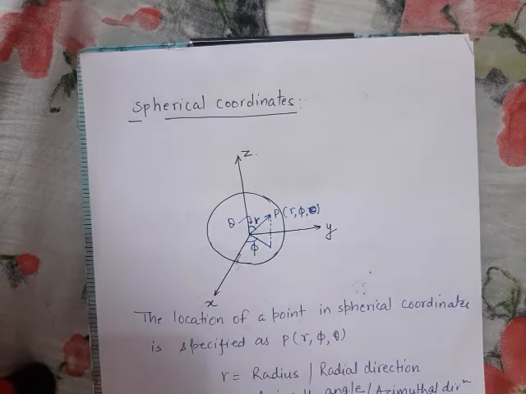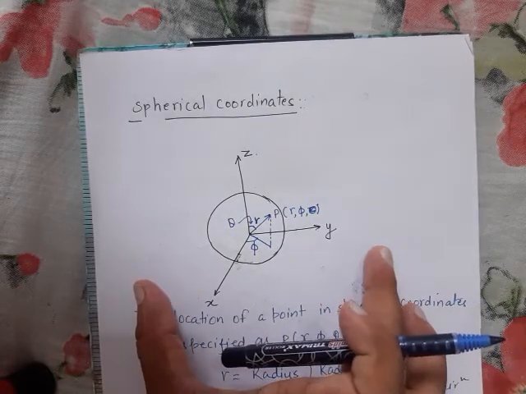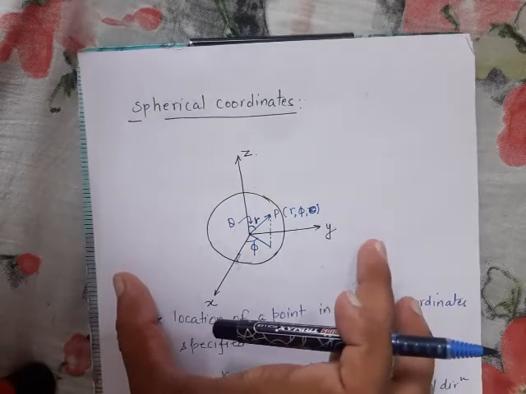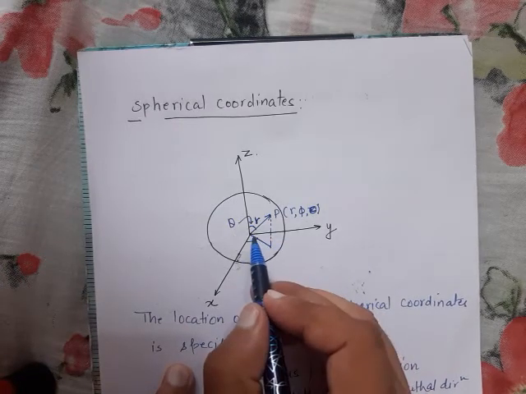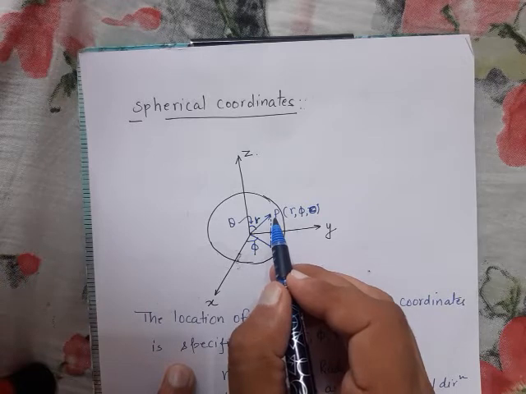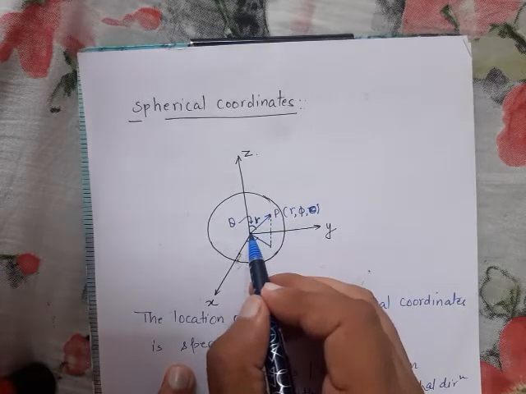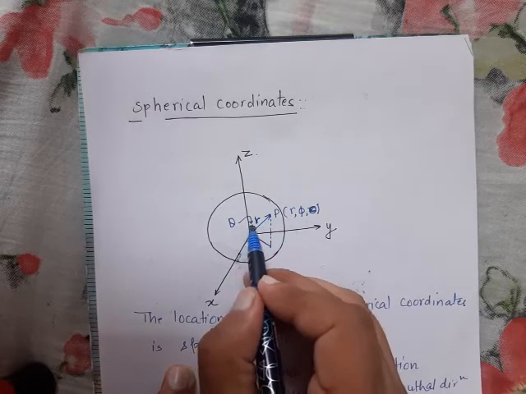Please note, if this fundamental is clear to you, many of the problems related to spherical coordinates will be solved. So first of all, understand the spherical coordinate system. Again I am repeating, in a spherical coordinate system, any point P within the sphere can be defined in terms of its radial distance from the center of the sphere, and by this angle theta,